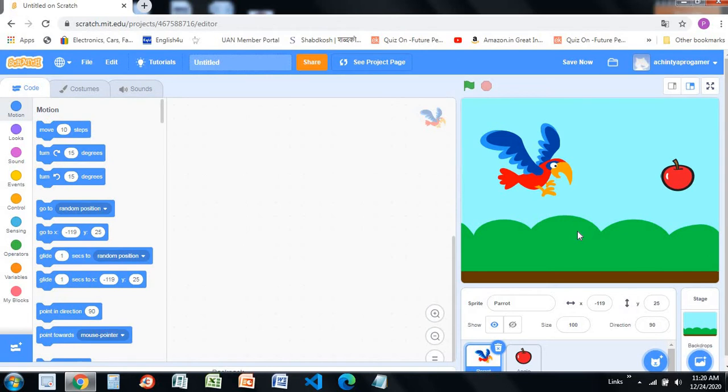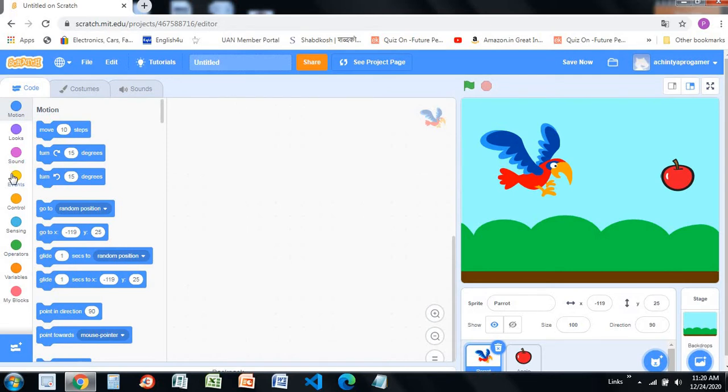Now if I click the right arrow, my bird should go forward, and when I click the left arrow, my bird should come back. When I click up, the bird should go up, and when we start the game, the bird will start falling automatically. So we don't need to code for that.